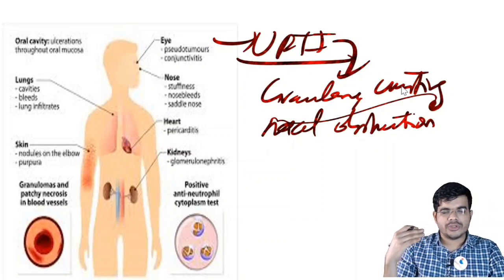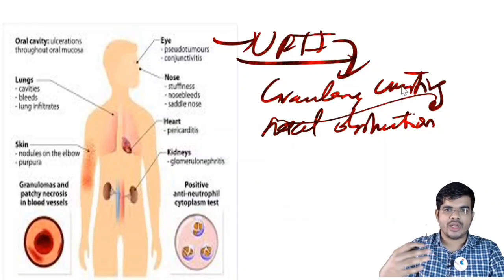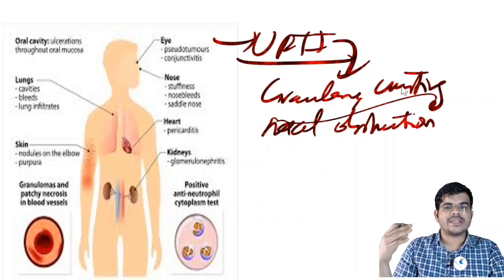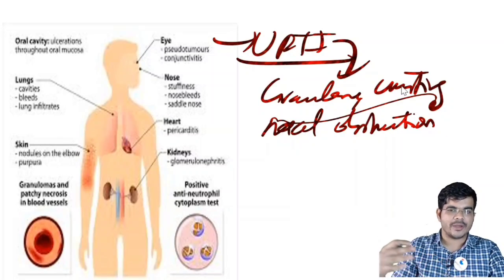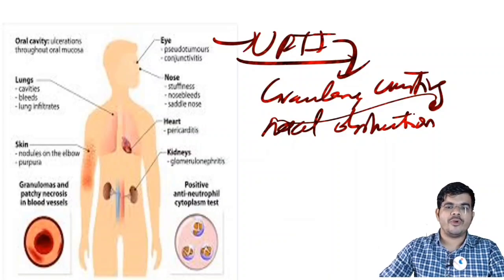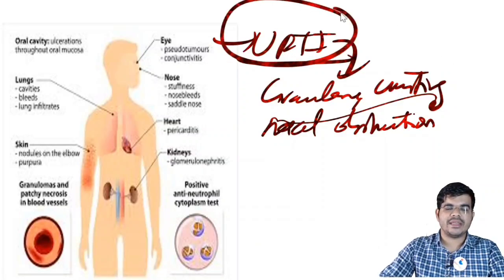Okay, the crusting, nasal obstruction, all these things you can write there as well, and even a blood tinged nasal discharge, because whenever there is crusting in the nasal cavity, the patient will try to remove that, and since the nasal mucosa is a fragile area, there will be instant epistaxis occurring. Okay, so first of all you have the upper respiratory involvement, and that is seen in 80% of the cases,